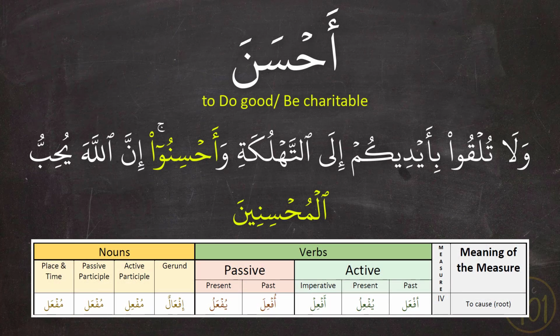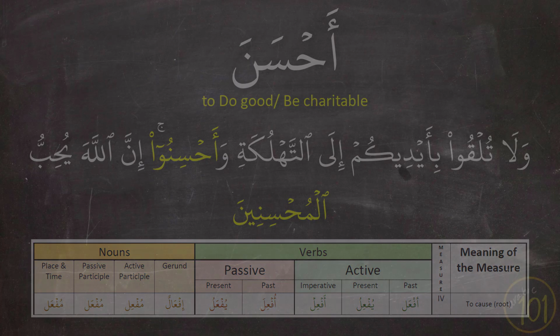And here we have to notice that the forms of the verb أحسن were mentioned 2 times in this ayah. The first time was used as a verb in أحسنوا as an imperative verb, so turning أَفْعَلَ into أَفْعِلْ: أَحْسَنَ، أَحْسِنْ. And at the end of the ayah it was used as an active participle, so going from أَفْعَلَ to مُفْعِل: أَحْسَنَ، مُحْسِن. And the plural is مُحْسِنِين. Moving on to the next verb.